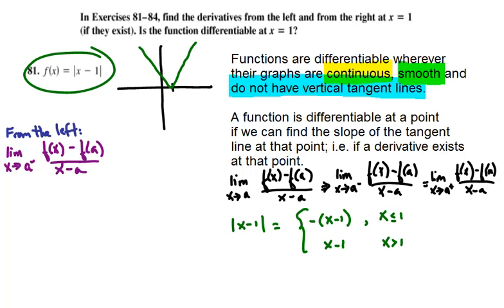So I set up the basic formula. I want to test from the left, and in this case a is going to equal 1. And f of x here, since we're approaching 1 from the left, then we're going to be on the top branch of the piecewise function because all of our values will be less than 1 or equal to 1. So f of x in that case is negative quantity x minus 1. And since a is 1,